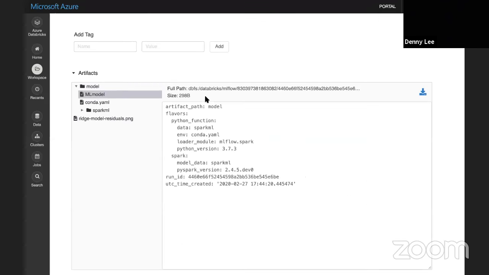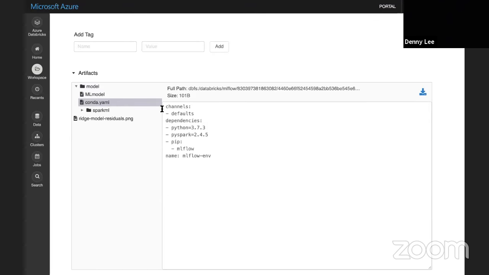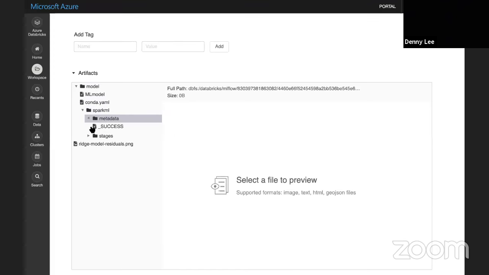So we have the ML model right here. It tells you exactly which version you were using, what Python version, what Spark ML, the conda environment that goes with it. So these are the dependencies: MLflow, this version of PySpark, this version of Python, and for that matter, all the metadata and the stages for your ML model are now stored directly in MLflow, so I can go back and redeploy it or change it.